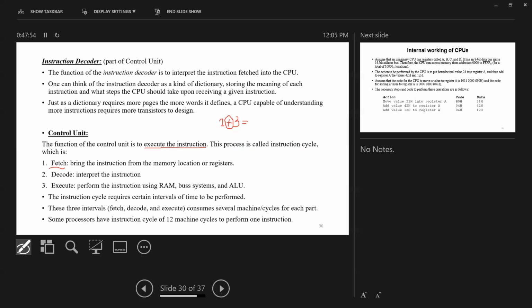Then decoding this data, which is interpreting the instruction. After that, executing the instruction, performing it using RAM, ALU, bus systems, whatever facilities we have